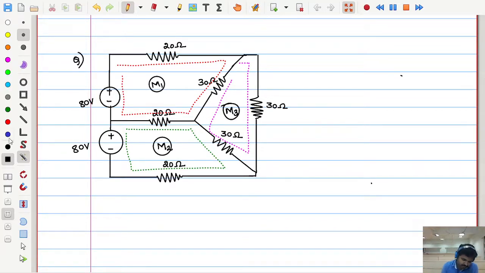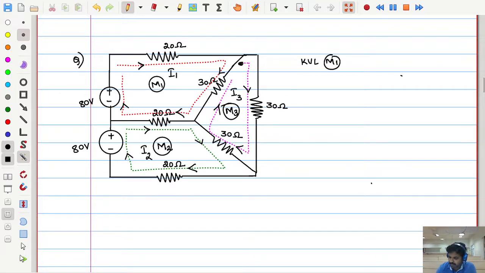What next do we need to do? If we start our journey, the moment some stop comes, we indicate one arrow. I will tell you the importance of this arrow later on. So the current is I1. Next here, next here, next here, next here. The current is I2. Next, we started the journey here, no issue. Here, next here, next here. This is I3.